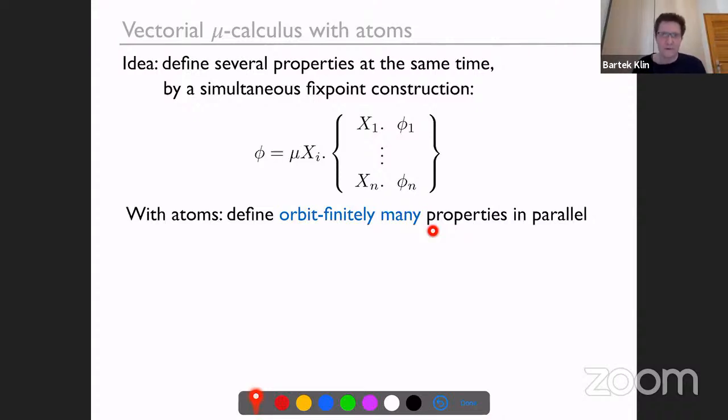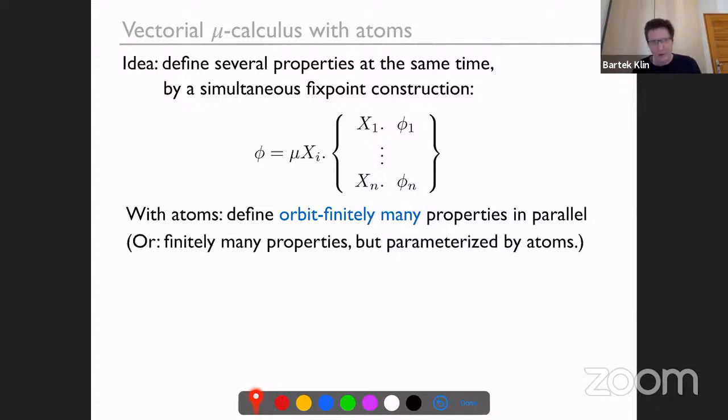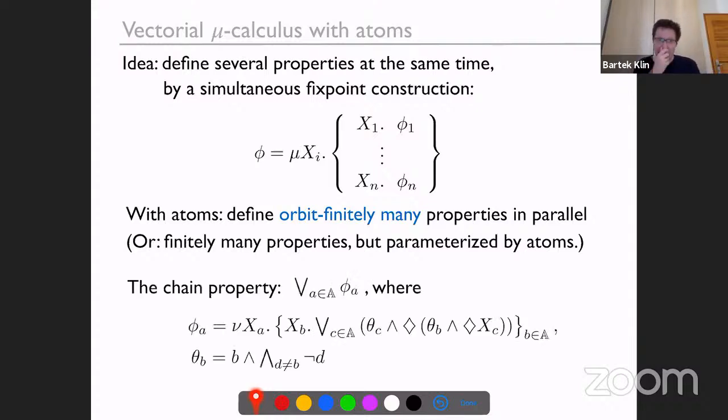It's just that for the vectorial calculus there is another angle to hit it with. Now I allow myself to define orbit-finitely many properties in parallel, or another way to look at it, I really define finitely many variables, but they are parameterized by atoms. So I define a whole family of properties parameterized by atoms, and it turns out that the chain property